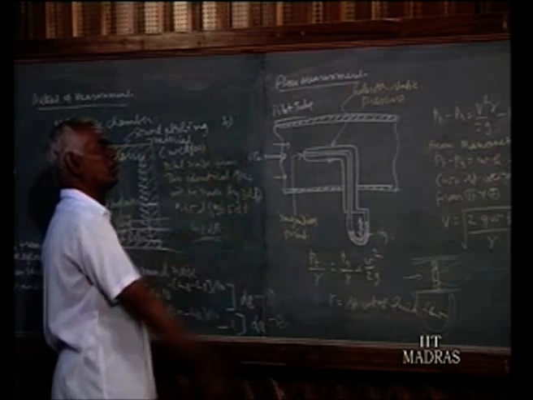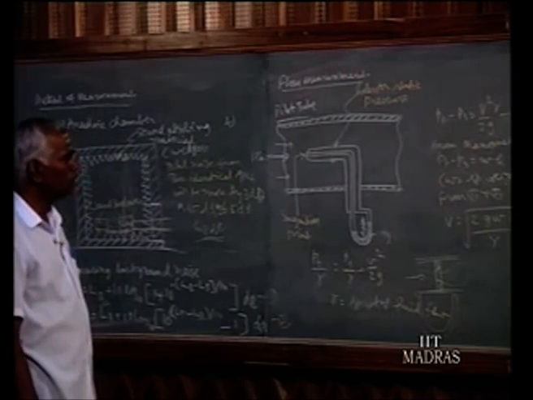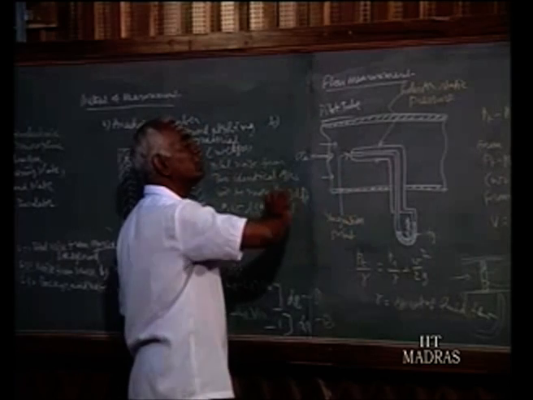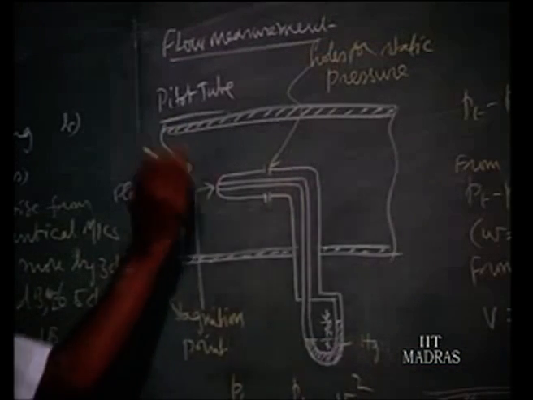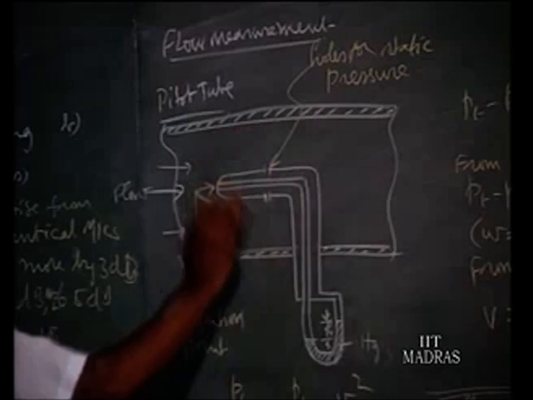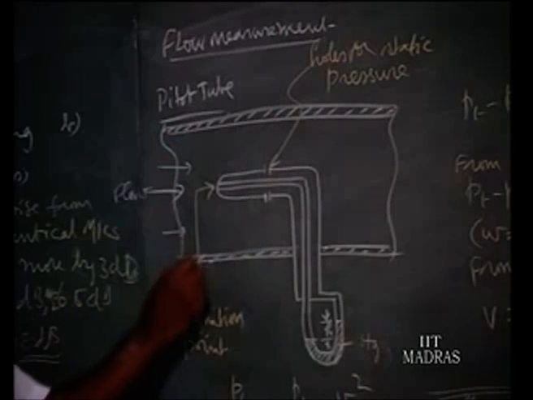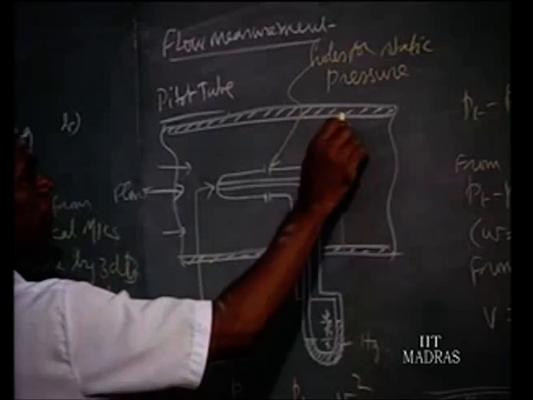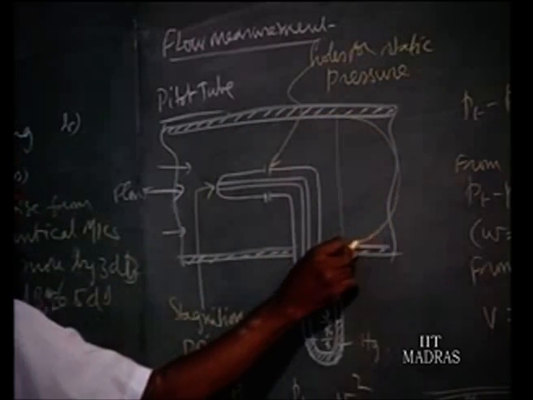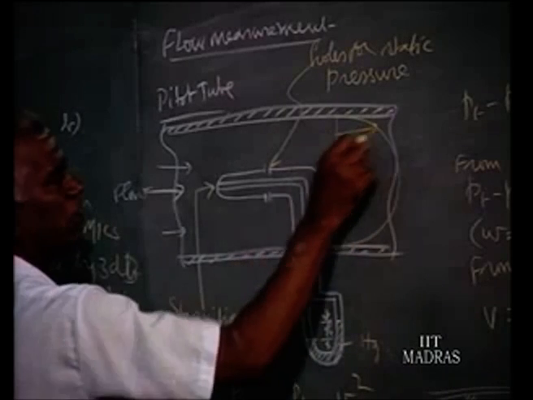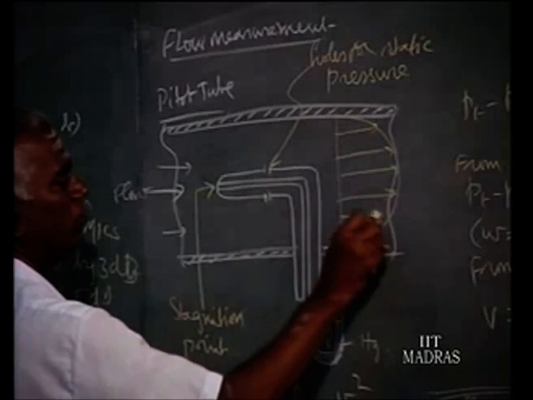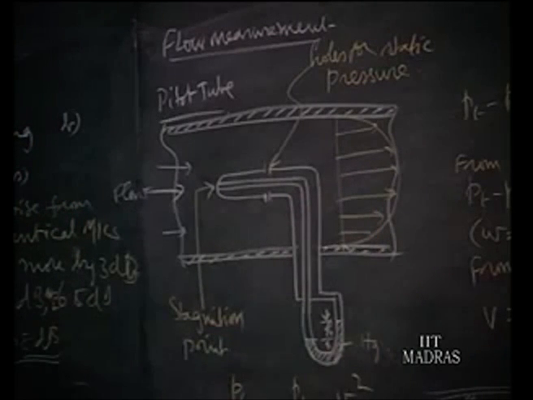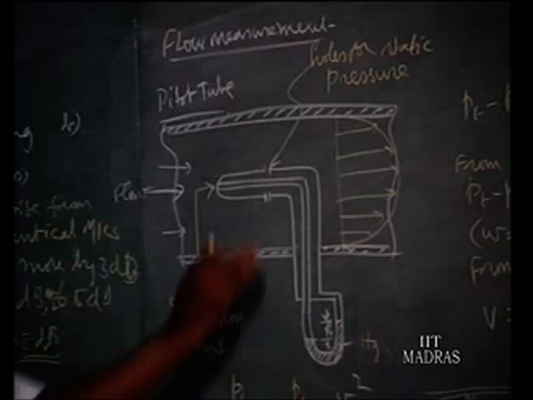First and foremost we are taking the Pitot tube. The Pitot tube is very often used to find out the velocity of the flow at any point. So you can insert it at different heights so that you can get the velocity distribution inside the pipe. Suppose this is the pipe cross section and the velocity may be varying like this. At the boundary layer the velocity will be 0. At the middle it will have the maximum, a parabolic distribution of velocity in any cross section of a